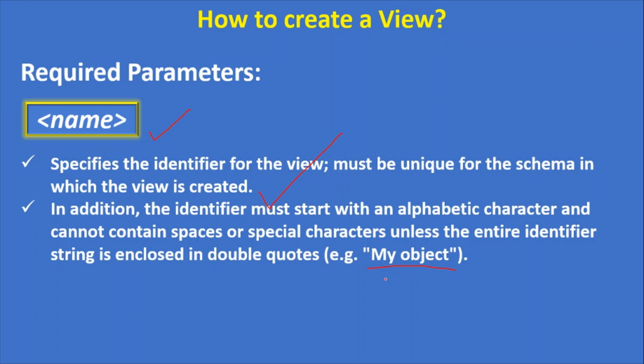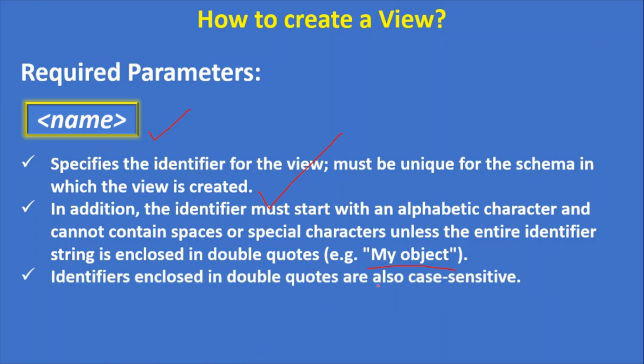Please note that the moment you keep your object name inside double quotes, an identifier enclosed in double quotes is also case sensitive. So this view will become case sensitive.